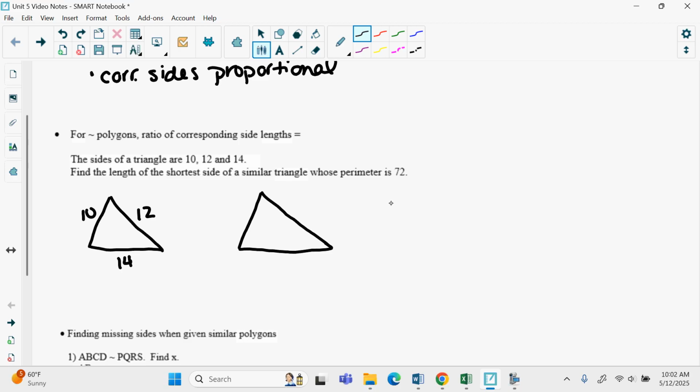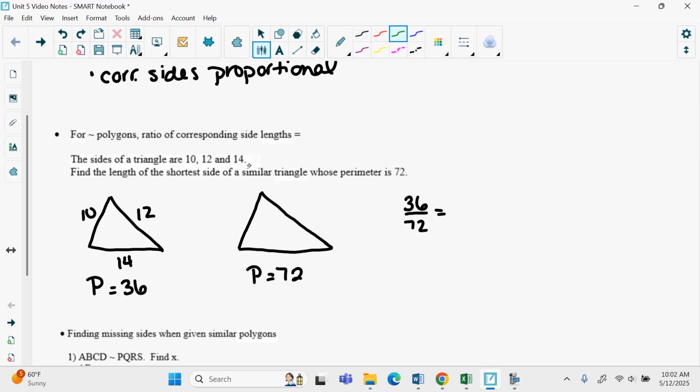But if you remember, when the corresponding side lengths all have equal ratios, the ratio of the perimeters is also equal. It's going to be that same ratio. So what I can do here is say, okay, if this guy's perimeter is 72, I can find this guy's perimeter. The perimeter here is going to be 10 plus 12 plus 14, so it's going to be 36. And the ratio of the two perimeters